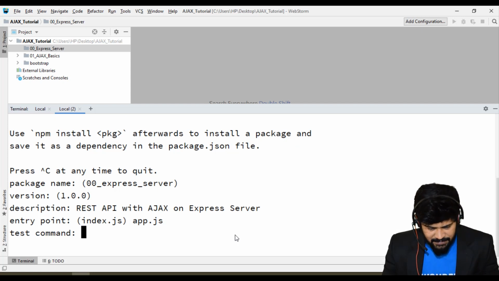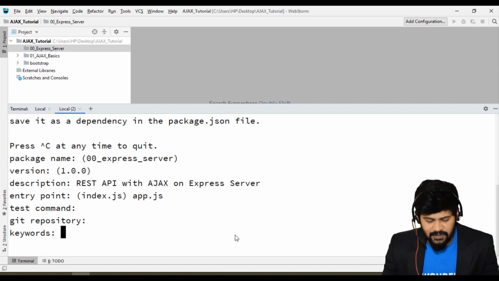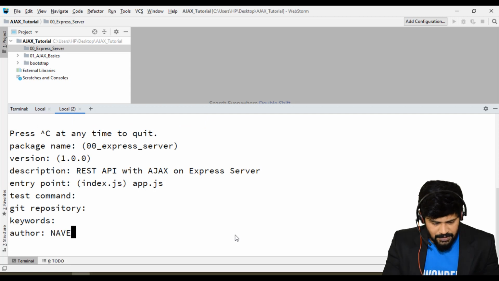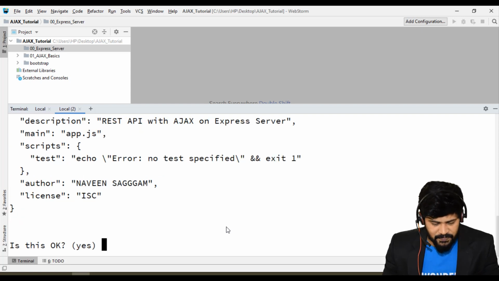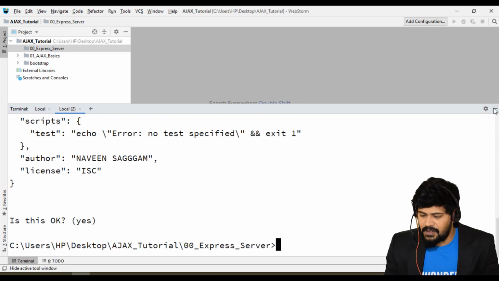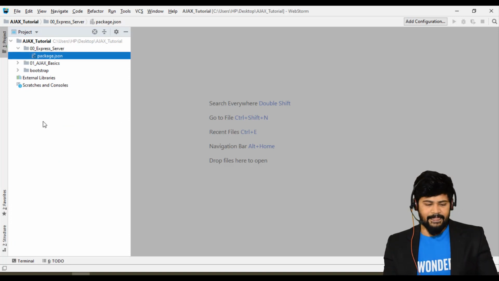Test command, we don't have any testing tools. GitHub repository, we're not keeping anything in GitHub, and no keywords. Author, you can write your name. License, ISC license, just press enter. It creates all the default structure, and is this okay? Yes, enter.